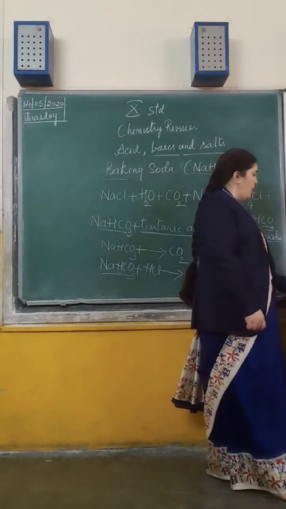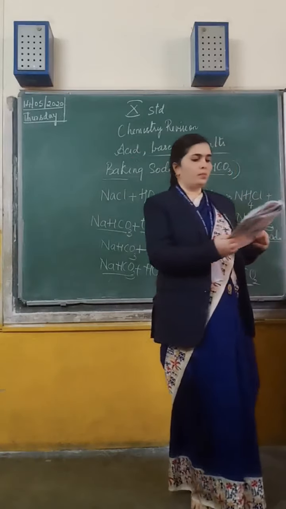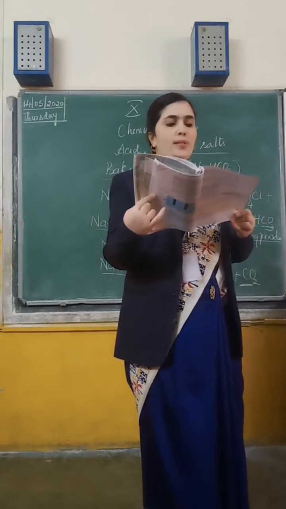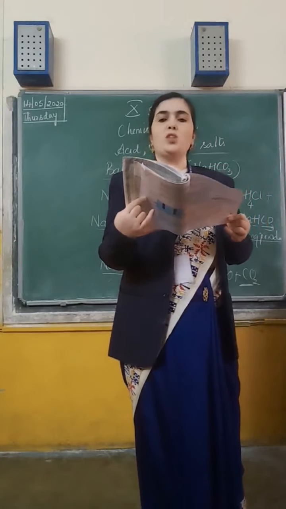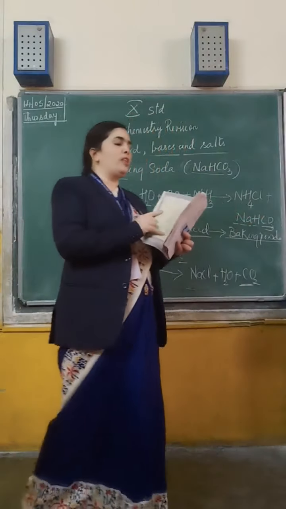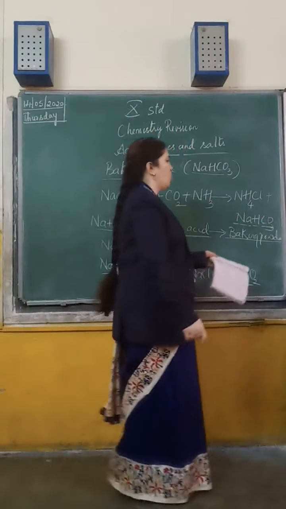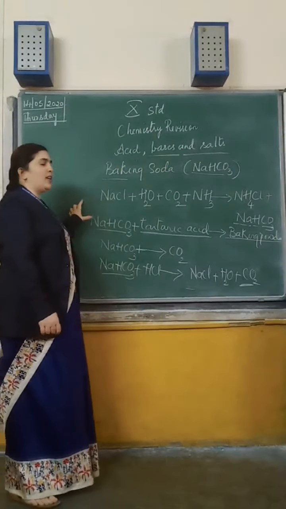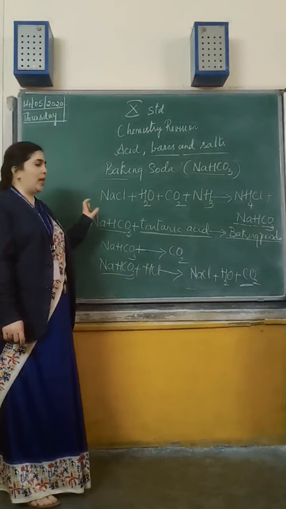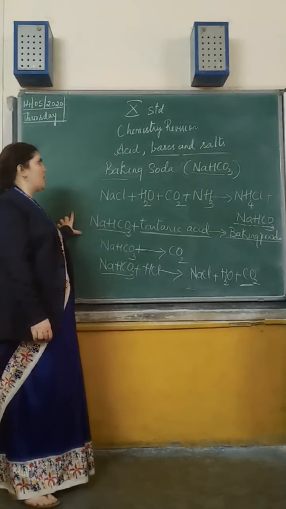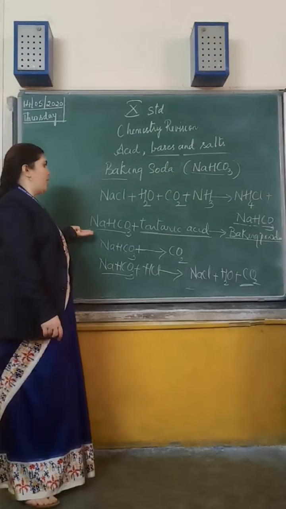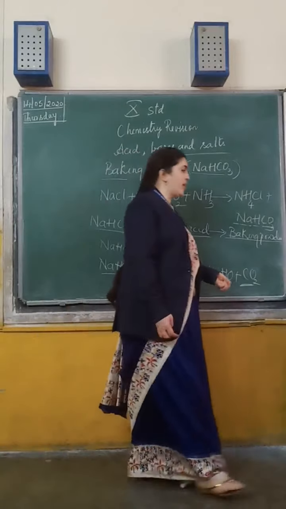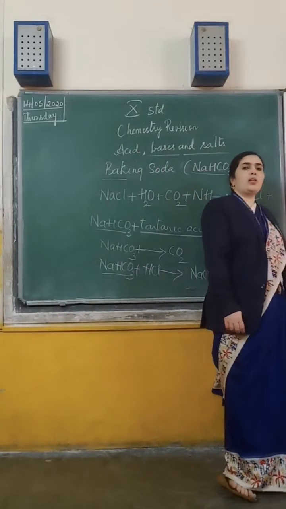The remaining topics are washing soda and its uses, copper sulfate, gypsum, and plaster of Paris. You can go through them in your books with the equations. They will ask how each has been manufactured. The most important thing is that they will ask either the manufacturing or the uses, so you have to go through all of it. Today I have done baking soda, and the first one was calcium oxychloride, that is bleaching powder, their manufacture and uses.